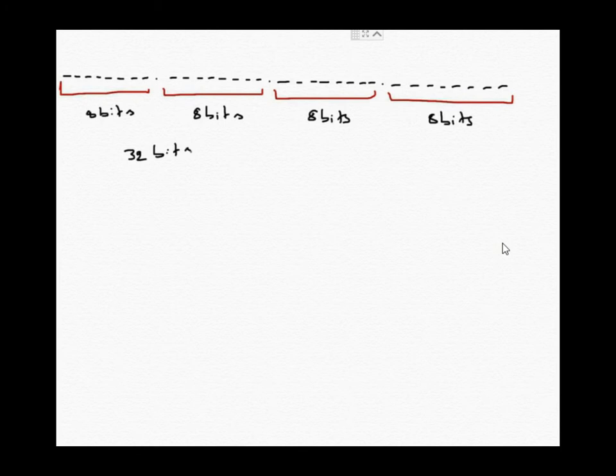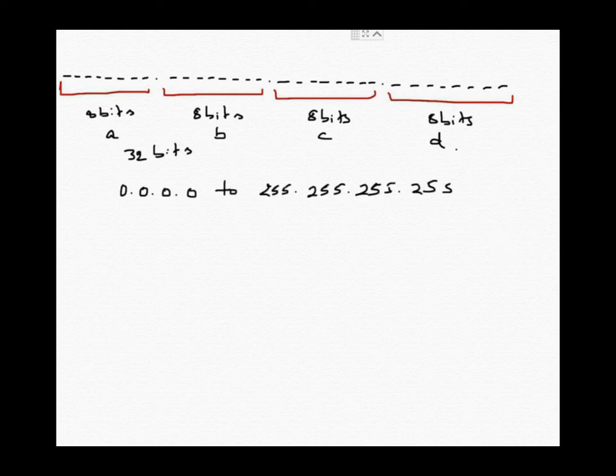So this IPv4 addressing system has a total length of 32 bits, and each part is 8 bits, so it is divided into 4 parts. This is part A, part B, part C, part D. And the IP addresses are classified. The total range of IP addresses, from 0.0.0.0 to 255.255.255.255, is divided into classes. This classification is done on the first 8 bits, that is part 1 or A.